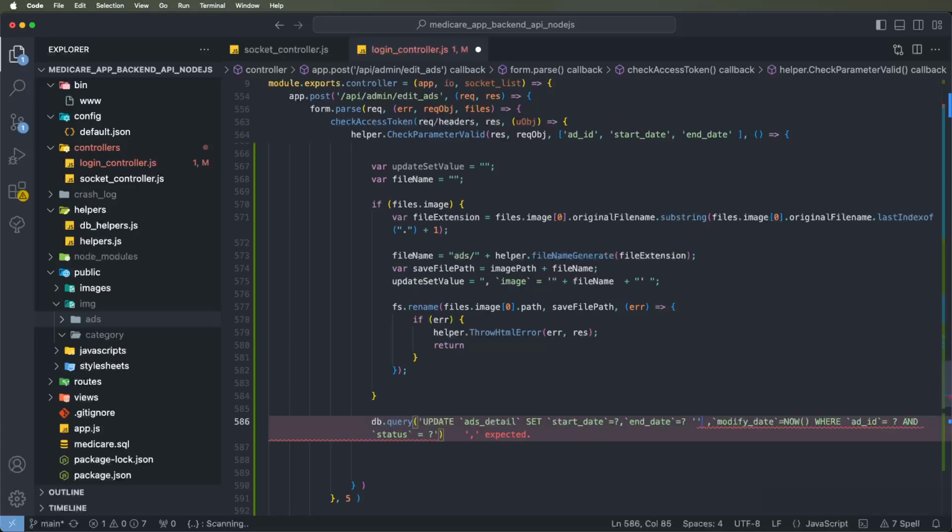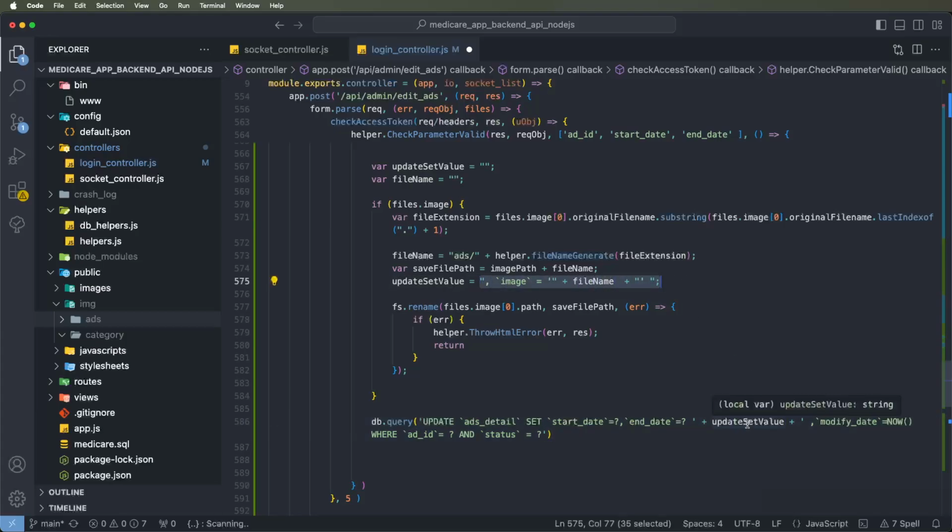Now break the query here, add the conditions here for the image, and apply the column names. The values need to be put inside these conditions. Now we need to write down here,